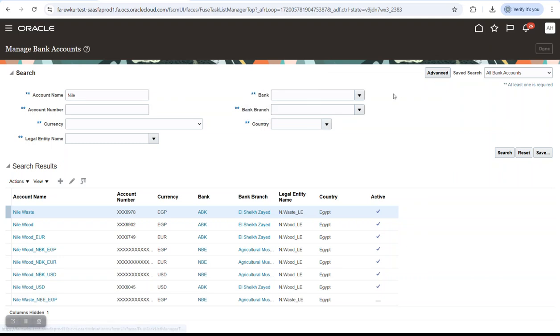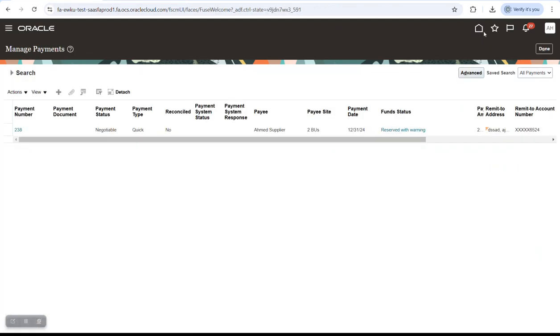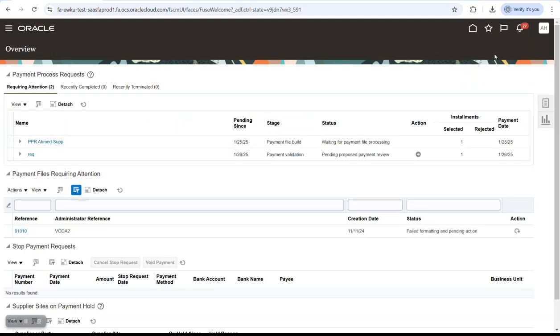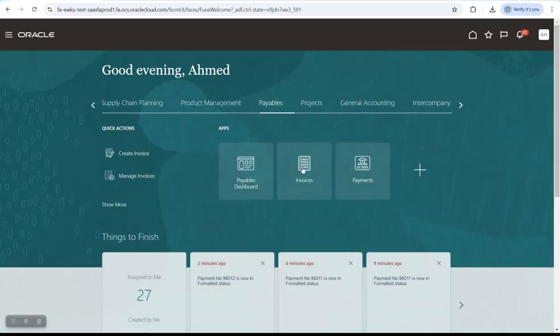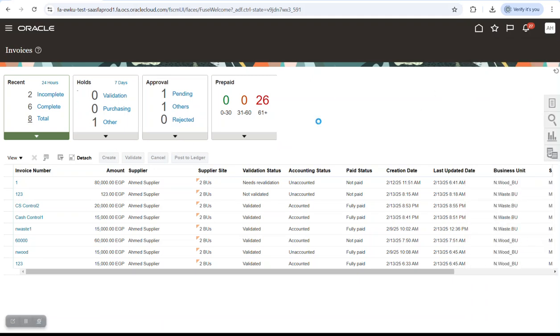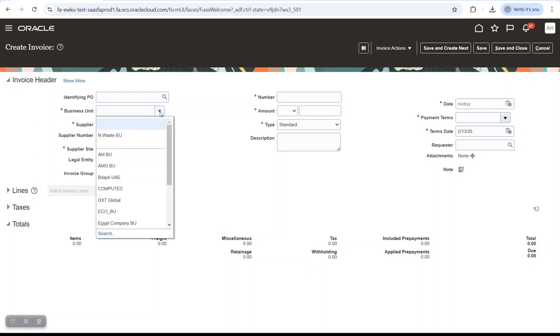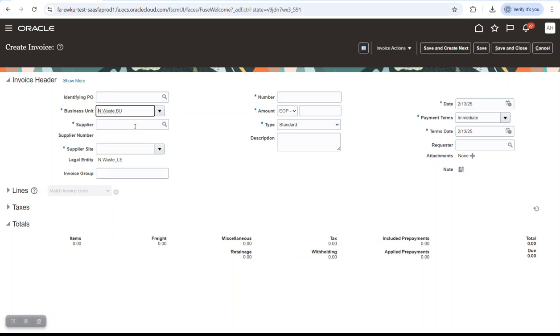Okay, come back to invoices to create a new invoice. There is no straightforward way in Oracle. You have to face issues. Again, to select, and the number cash control 3. Again, I will put